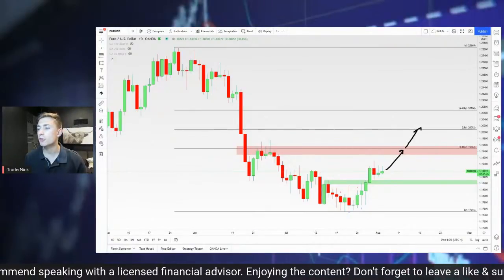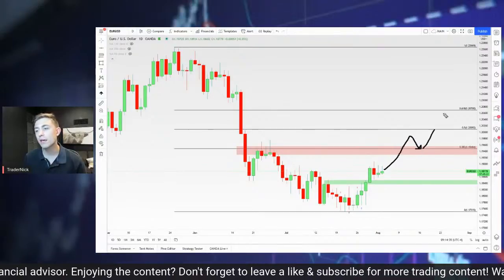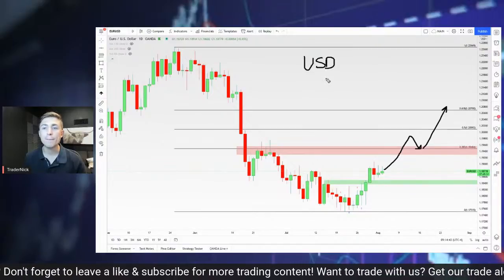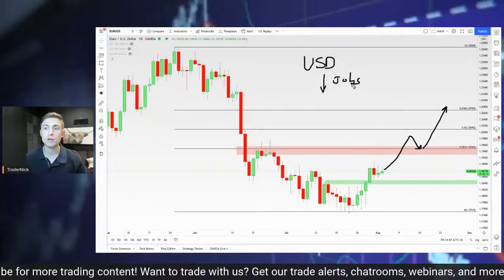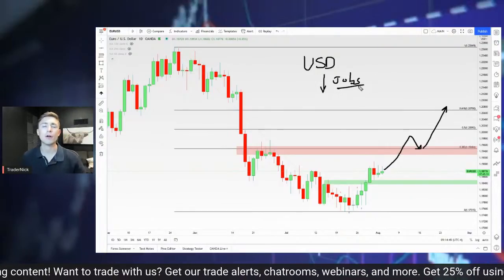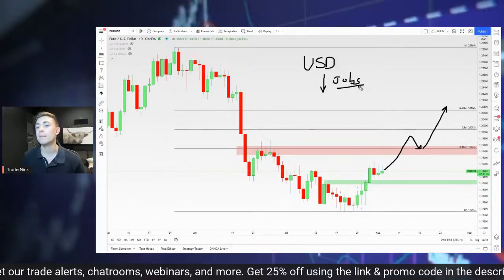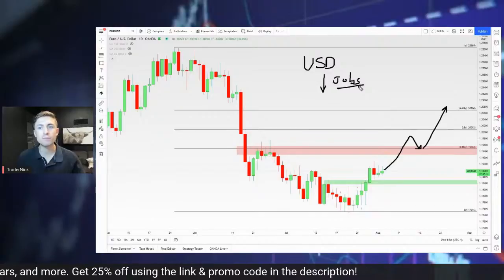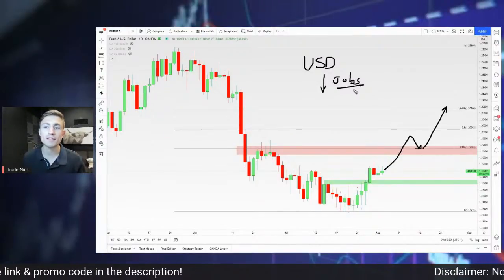So that's another point. If you are a breakout trader, maybe you see something like this towards the end of the week. Again, that would have to be coming off of USD, most likely bearish news in terms of jobs, right? So less jobs created than expected, or higher unemployment claims, something like that, that could be bearish for the dollar. Of course, I don't know what the numbers are going to be. I'm not a fortune teller. I'm a trader, so I don't have foresight knowledge of what's going to happen in the markets, unfortunately.